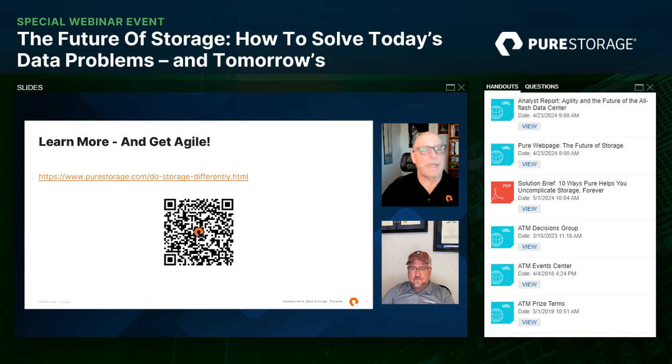Got it. So yes, I think I touched on this very briefly, but we do have the same implementation that you would have within a physical array in your data center, available for the major public cloud providers, AWS and Azure and Google Cloud. And that does allow, as I said, the exact same feature set, and the same management can be used on it. The efficiency is there as well. So a lot of the data reduction capabilities that we have can be applied. So it actually can help save you money on your public cloud bill.